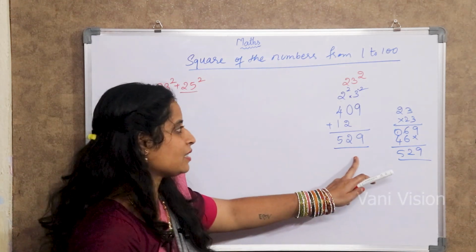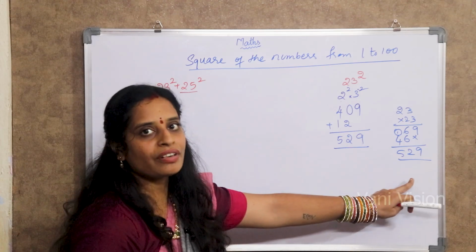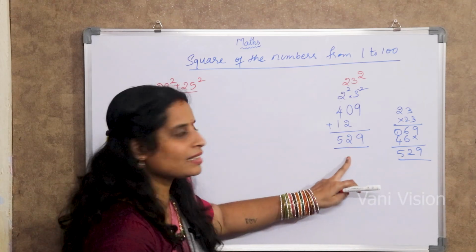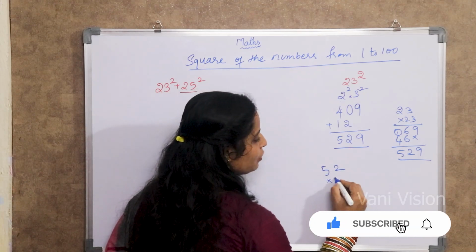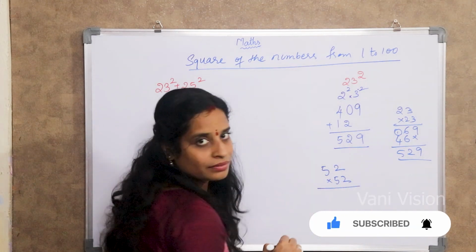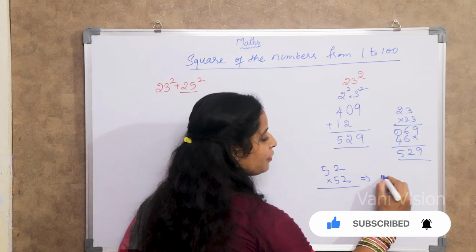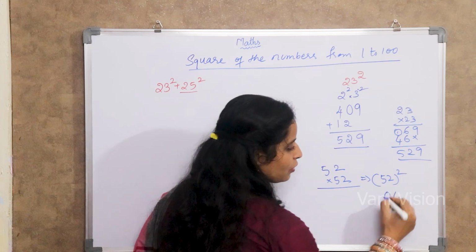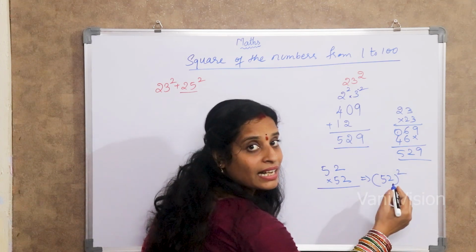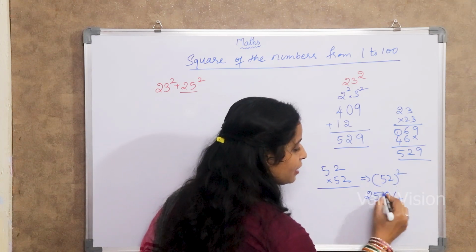Which one is easy? So it is easy. I was a little bit fast over there. Whoever is very weak in the tables, it is quite easy, right? Now you can see 52 into 52. So that means 52 square, right? 2 2s are 4, 0, 4. 5 5s are 25. This is our first step finished.